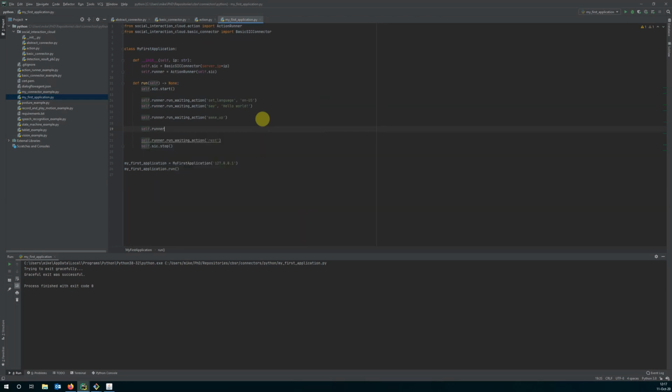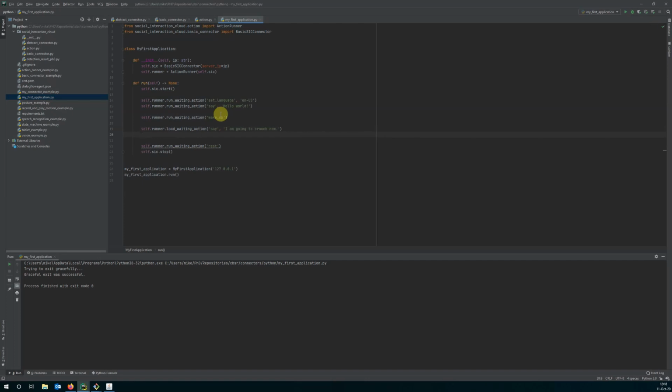So instead of run, I will now load a waiting action, and we'll use the say action here, and I will make it say, I am going to crouch now. Why crouch? Well, wake up. If you start in a crouching position, which I recommend to do at all times when you start an interaction, just put the robot in crouch, then call wake up, making the robot stand, and then we will have the standing position as the starting position,